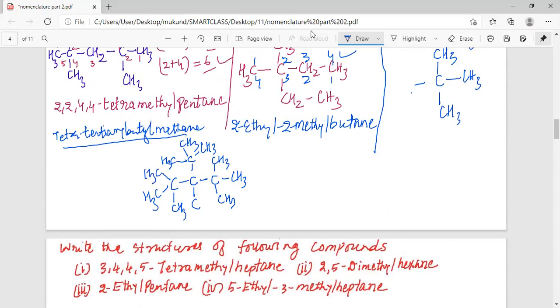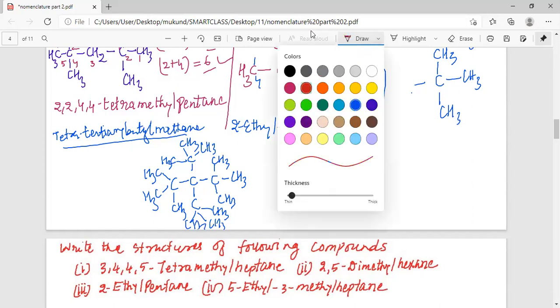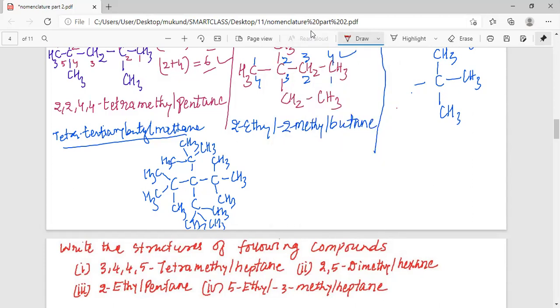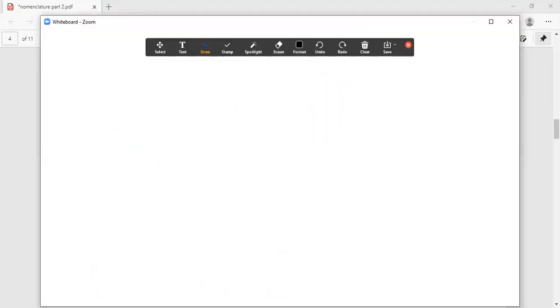And even this carbon is bonded to the CH3 group. Now, my dear students, if you look at the longest chain, we will realize that this is going to be the longest chain for us. And if we give numbering, we will also have the various numbering system. So let me explain this to you on some other screen. Let us look at the other screen. Let's have a look at this, my dear students.